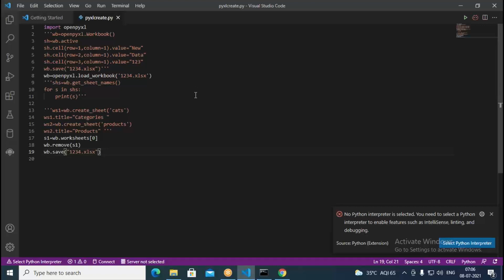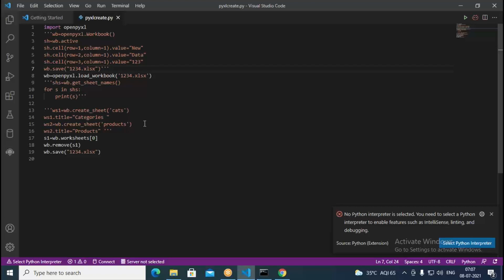So this program basically opens a workbook. First we have written data into different cells of the same column. After that, we retrieve sheet names and print them one by one. Then we remove a particular sheet from the given workbook. So we added worksheets and we even removed them from the workbook. Like this, you can handle Excel from Python also. And apart from this, we can do other things.